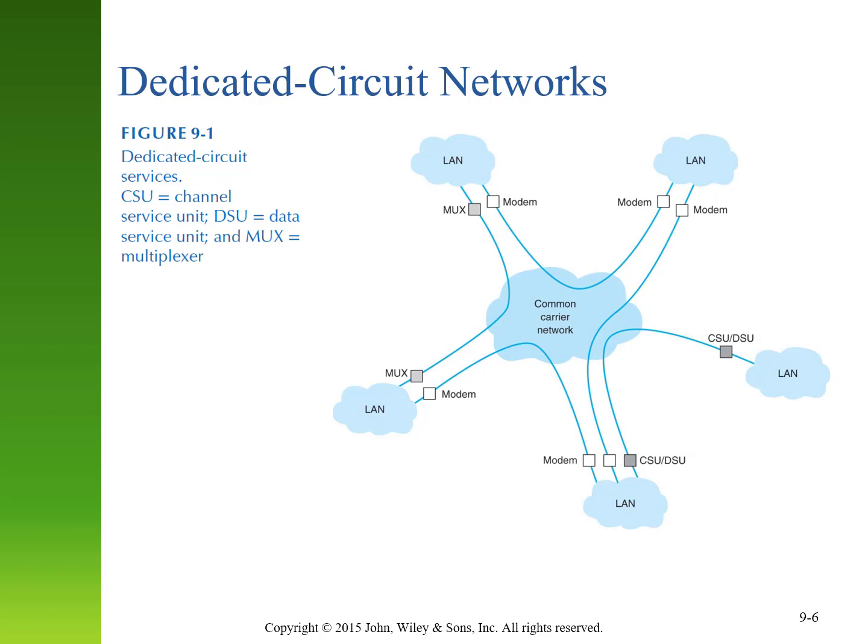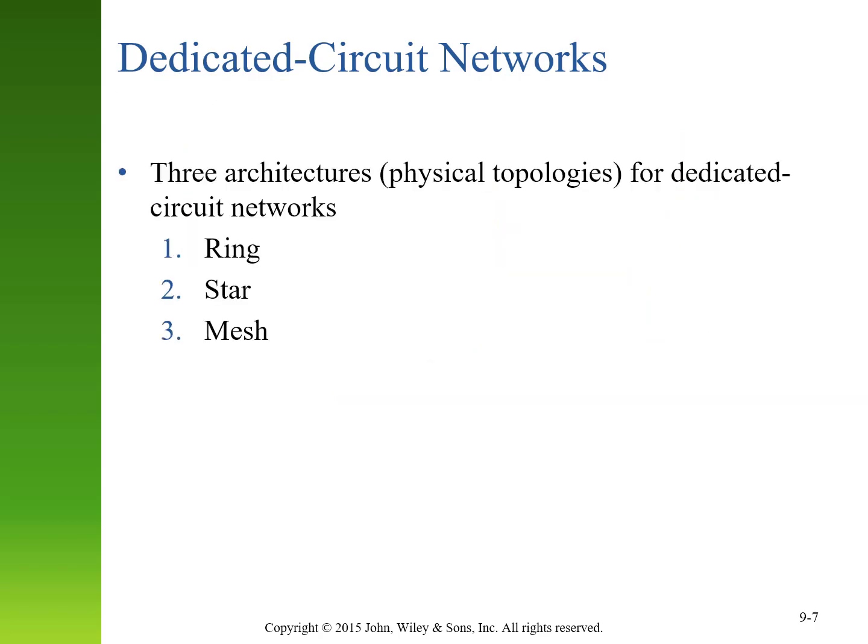The equipment is going to be provided by the common carrier. So how you connect to their network and how you use your dedicated leased circuit is not really in your control. The common carrier dictates the terms, charges a specific flat fee, and you get the bandwidth that you're asking for. When a company pursues a dedicated circuit network, they can pursue a variety of different architectures to provide robustness